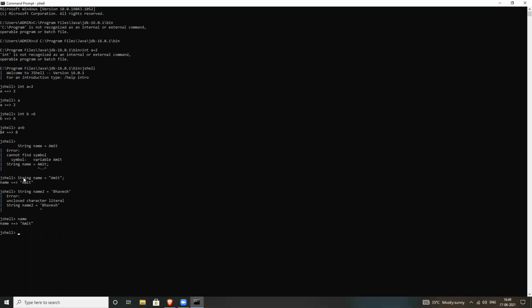No, you try to give it in double quotes. Okay, name. Yeah, you can do these options, right? So this is a very small option. Why is this string in double quotes? Because it is of a string type, right? Your concatenate operation is occurring with a string value, so that's why it comes in double quotes to represent that it's string data. You can assign to Bhavesh also, and then see whether you get the output.